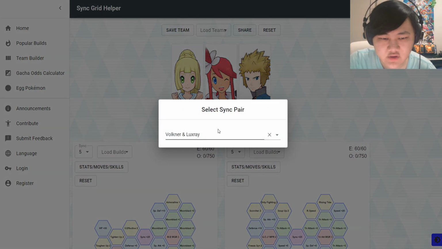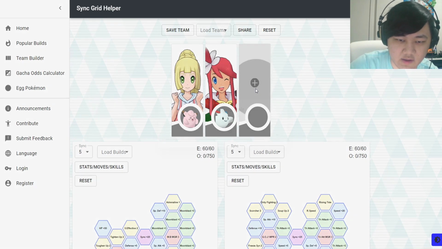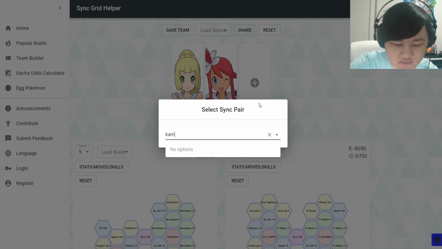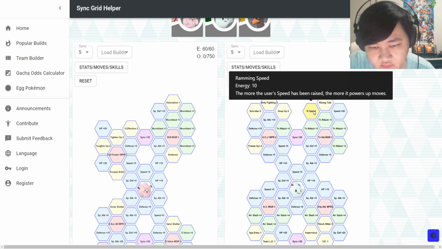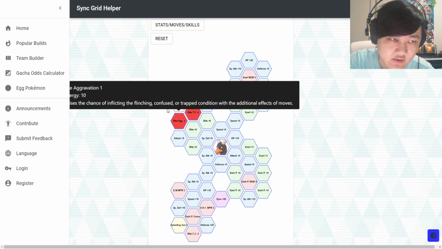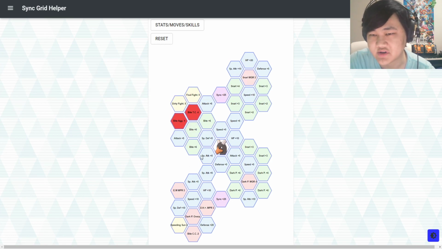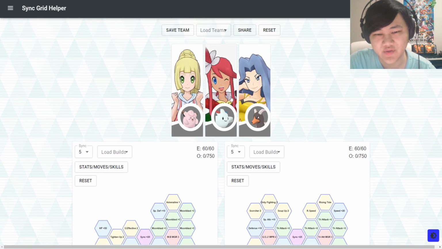If you don't have Vulcan, another decent option over here could be, if I could spell it, Karen Houndoom, right? Because if you pick up Karen Houndoom, if you pick up Bite Toxic Chance and Bite Aggravation, you could actually poison flinch your opponent as well. So poison flinching the opponent also triggers both the conditions for Skyla's Sync Nuke, which also helps quite a bit,